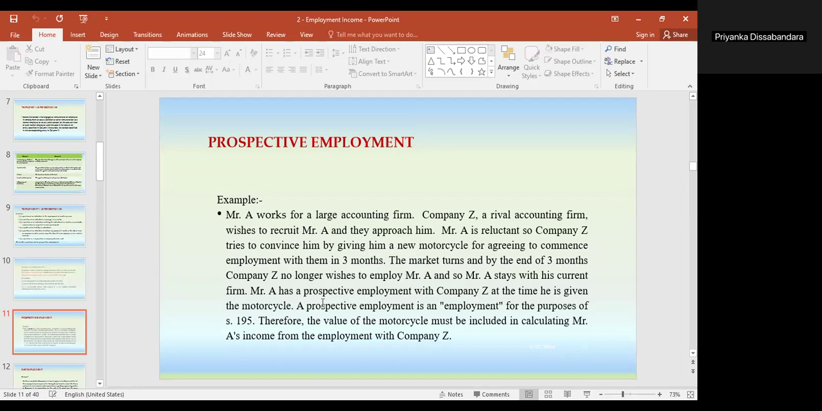The market turns and by the end of 3 months, company Z no longer wishes to employ Mr. A and so Mr. A stays with his current firm. They wanted to recruit him after 3 months, but within that period,